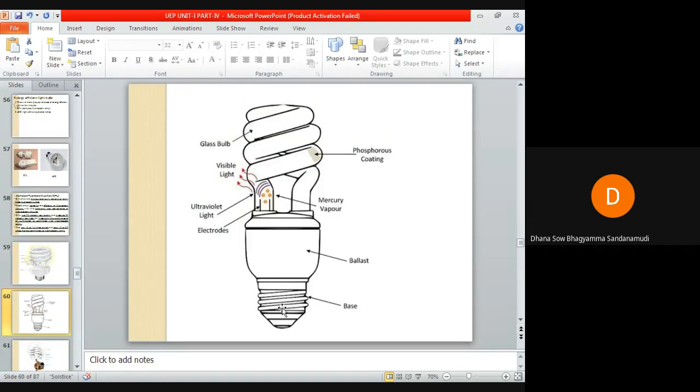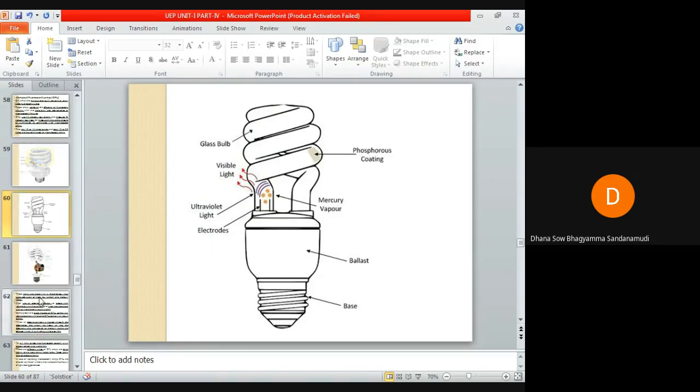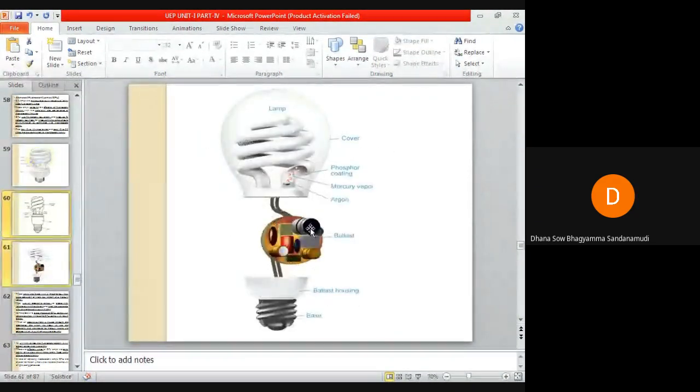We can see another diagram here. Okay. So here mercury vapors, ultraviolet rays, about that I will explain. Okay, this is the ballast. This is the circuit of the ballast. Today in detail we will discuss the circuit of this ballast. Okay, so let us see the operation of this